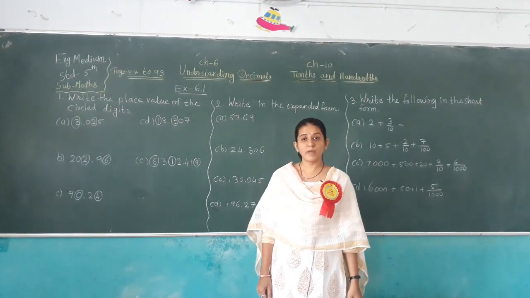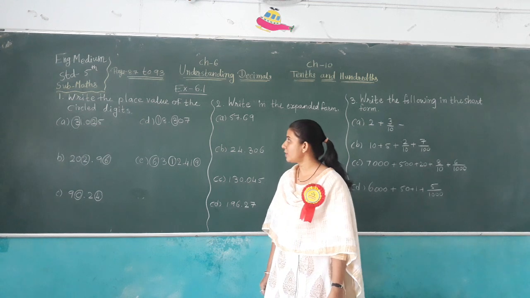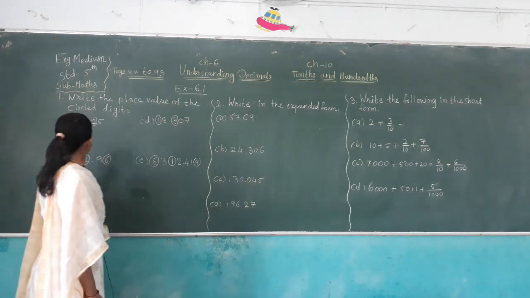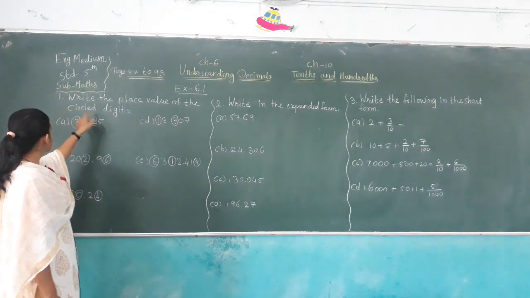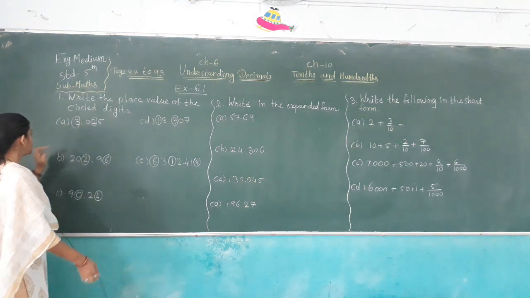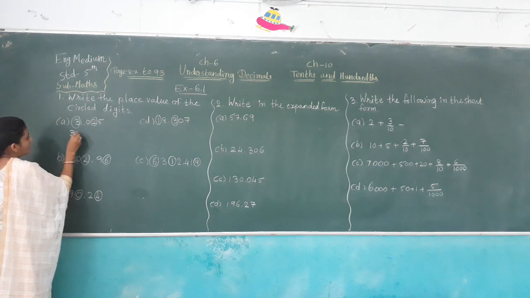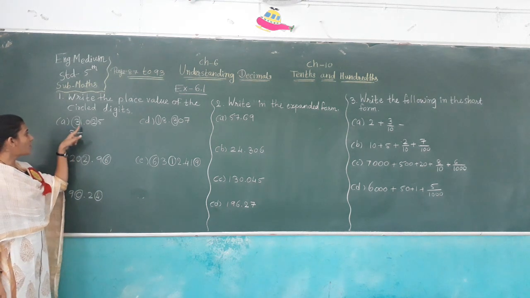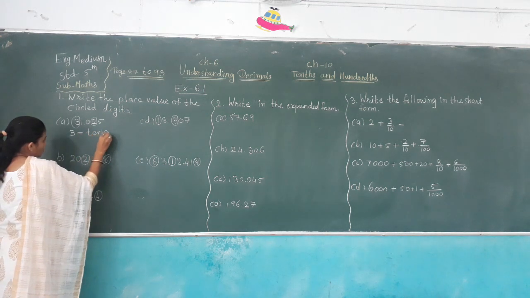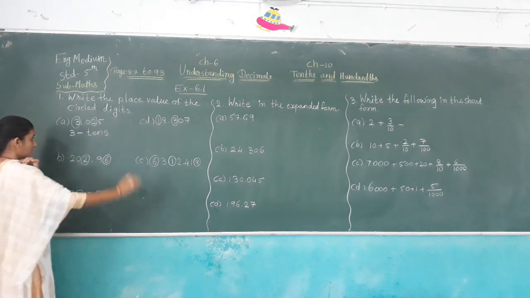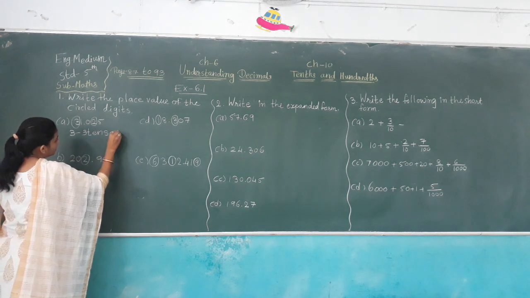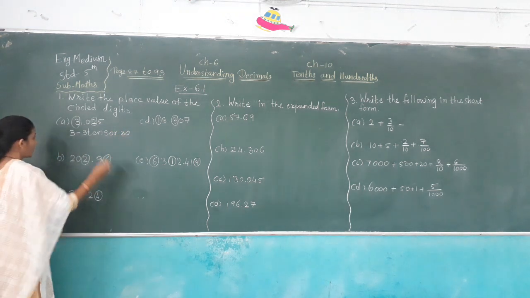Now here, ma'am, solve exercise number 6.1. Question number 1: write the place value of the circled digit. Here 3: on which place does 3 stand? Before the point, ones and tens. 3 stands on the tens place, so 3 tens, or 30. Then 2